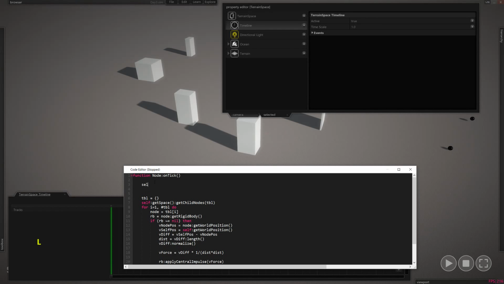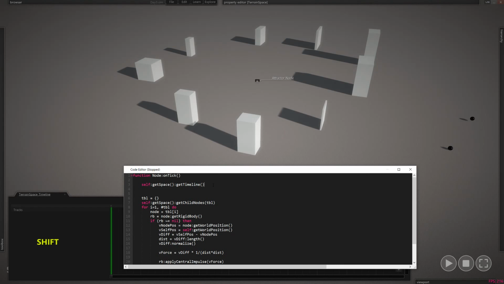And so how do we do this? I'm going to say self get space. Now, again, this is just like we did before. Just like we're getting the child nodes of the space, we're at the space level. We can now query our timeline. So we're going to say get timeline. This is going to return this timeline object here. And then the timeline object has a function called get time